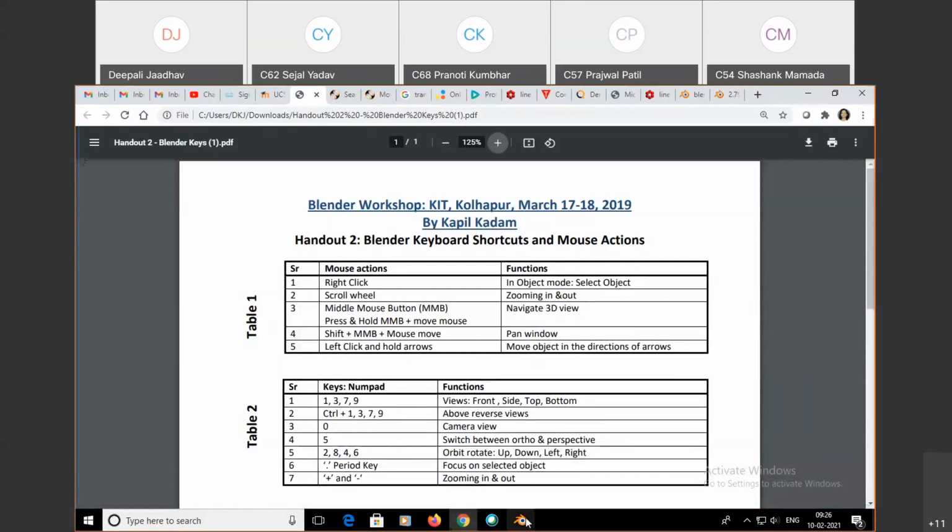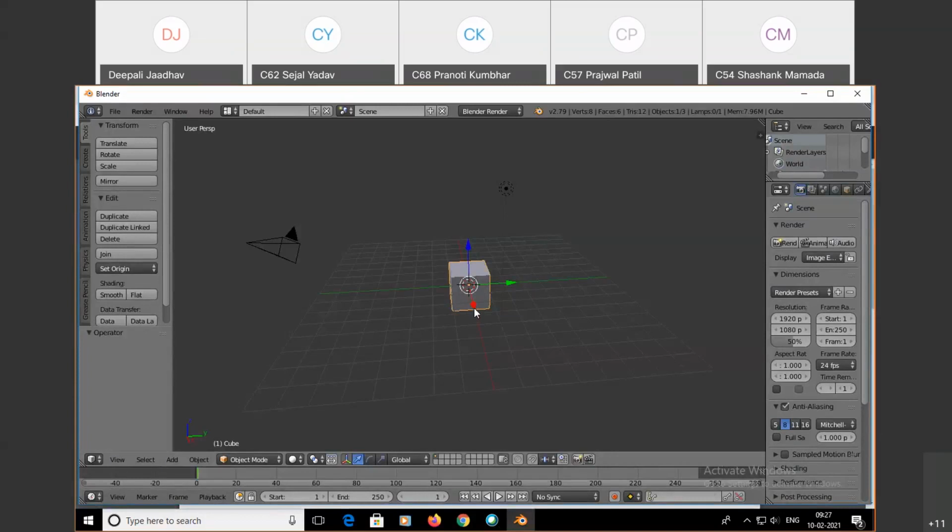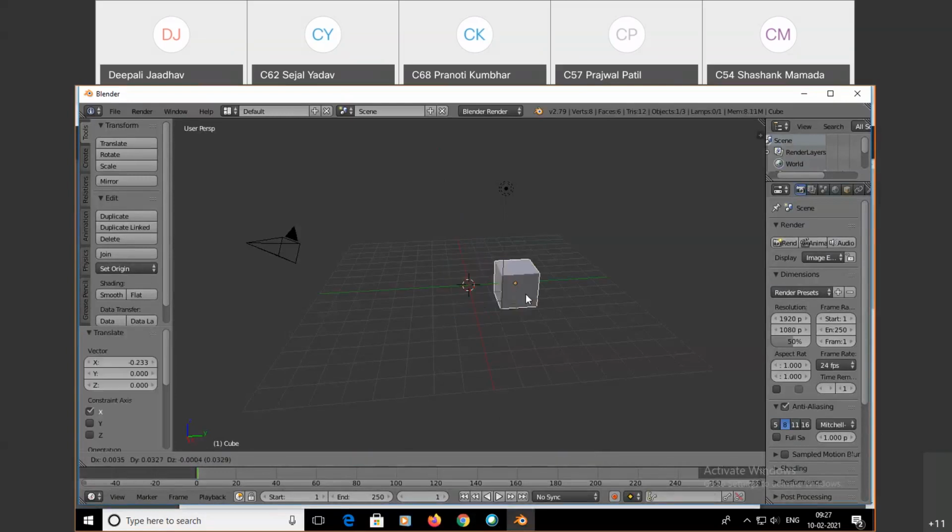If we want to move the object in some direction, I can move Y direction. I press the left click and move. I can move in this direction, in this direction, in this direction. So that is about the left click and move direction.